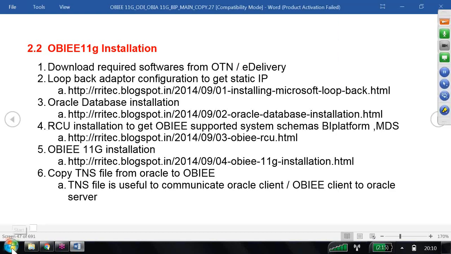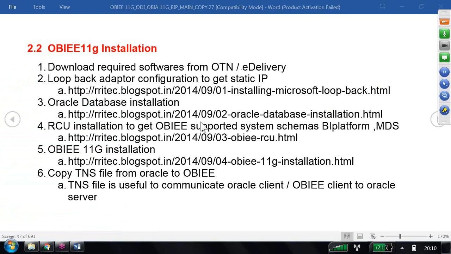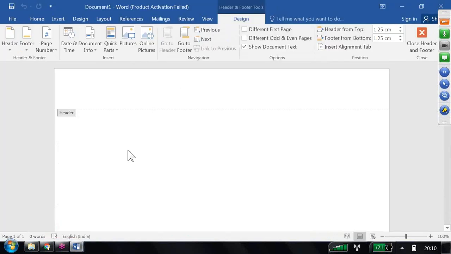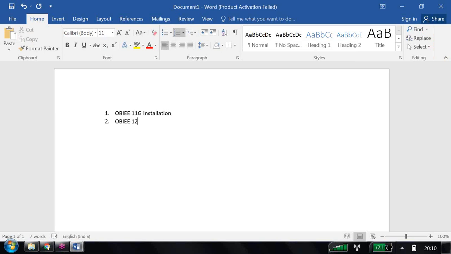As we discussed yesterday, our target to finish today is 3 points. Number one, by the end of my class, you should be in a position to understand how to install the OBIEE 11G installation. Then you also should be in a position to install OBIEE 12C. Then you should also know what is VM,